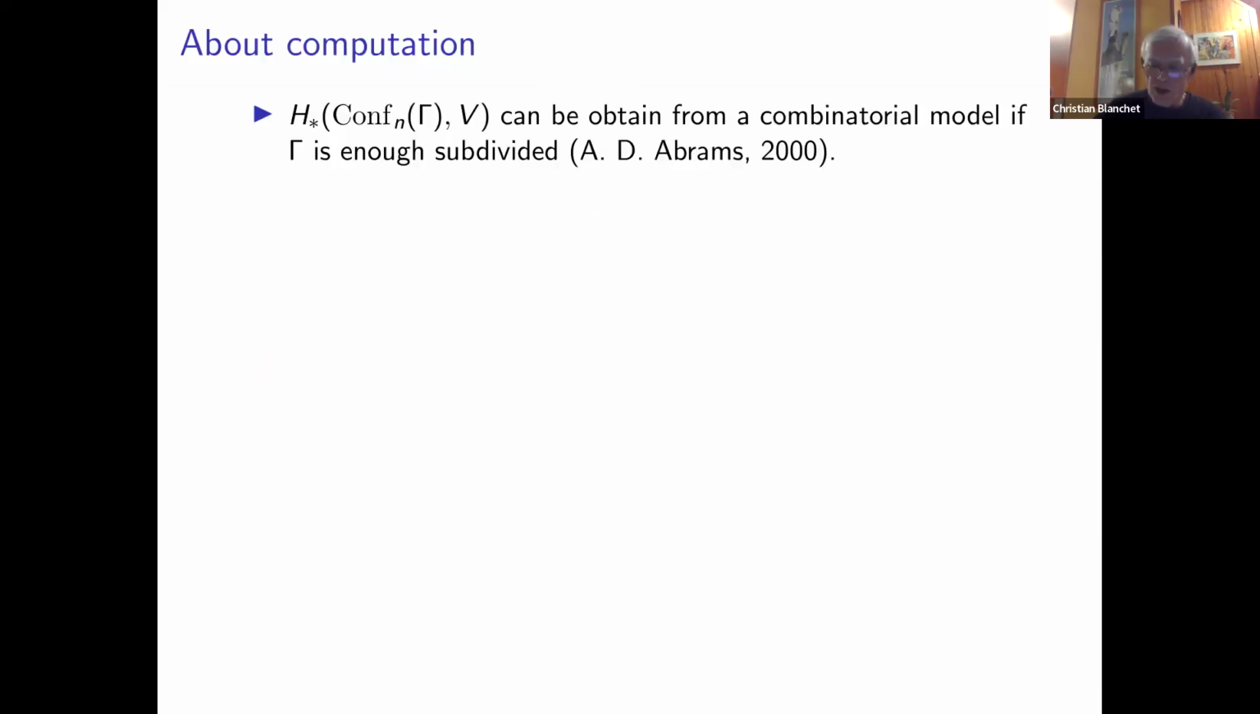It can be obtained from a combinatorial model if gamma is sufficiently subdivided. So you have a condition. In fact, this condition will allow you to safely remove a boundary of the diagonal in the symmetric space so that you get the same homology. So this is known. There are many works for computing usual homology or homology with local coefficients, but not the